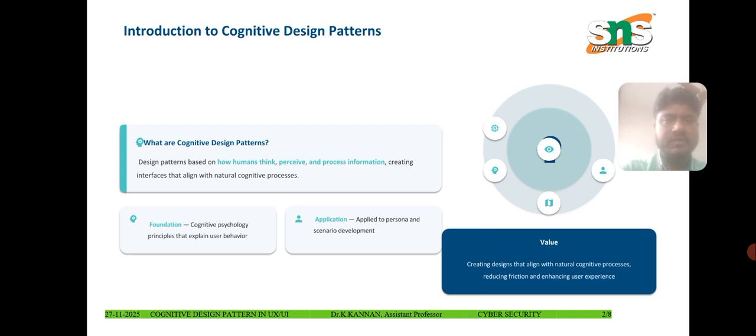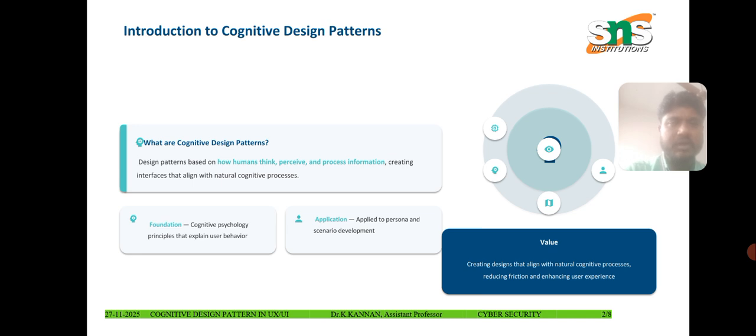Today we will discuss an Introduction to Cognitive Design Patterns. What are cognitive design patterns? They concern how humans think, perceive and process information, and how creating interfaces aligns with natural cognitive processes. First of all, we create the foundation in cognitive psychology principles. It explains user behaviors and is applied to persona and scenario development. It is valuable for creating designs that align with natural cognitive processes, reducing friction and